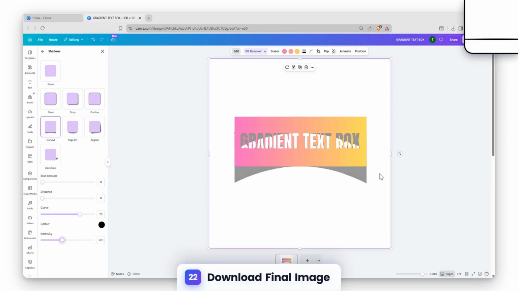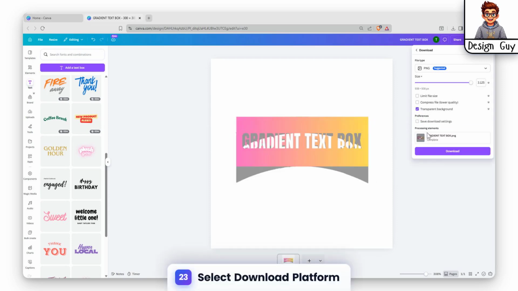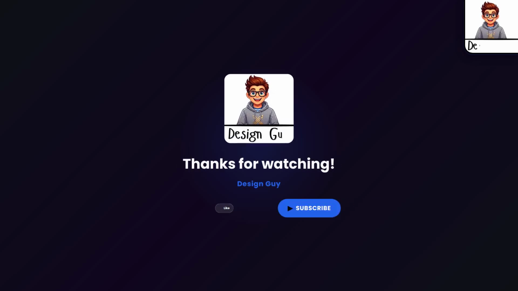Click Share, then select Download to save the file. Select the Transparent background option for a small download. Now you know how to create gradient text